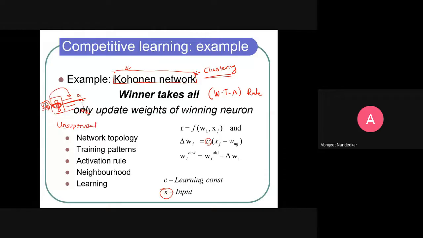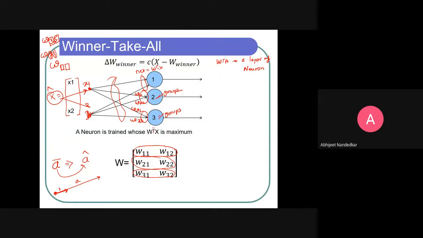There won't be any label to the data. Data will come in raw format to you, and you have to make groups of data. Such a job is called clustering. We have seen the network structure. This is a network structure with 3 neurons. You can add as many neurons as you want, depending on the number of groups you want to make.